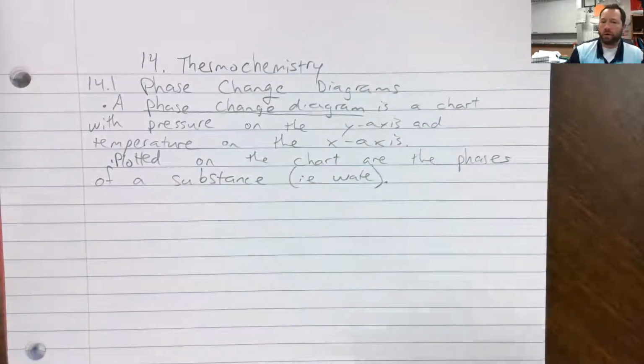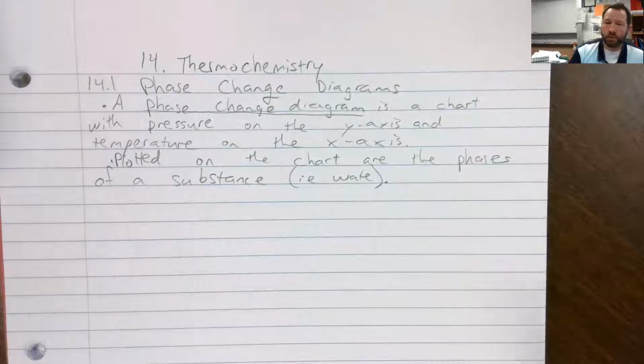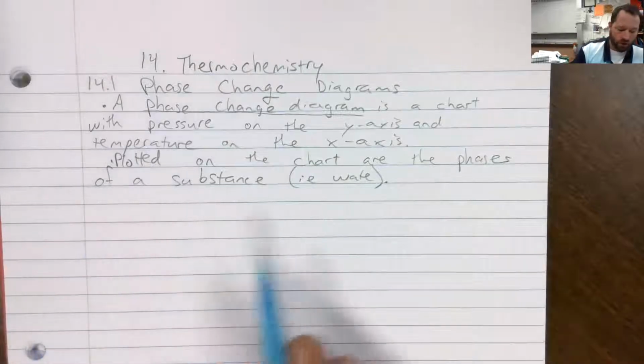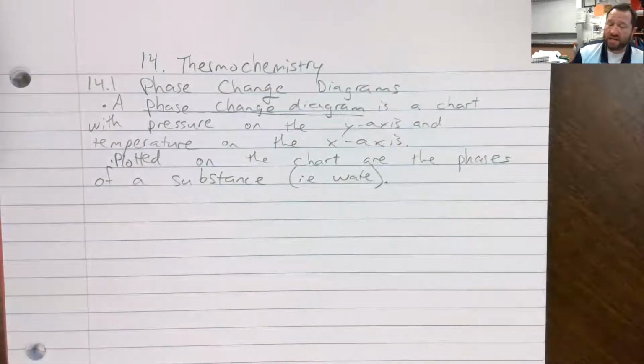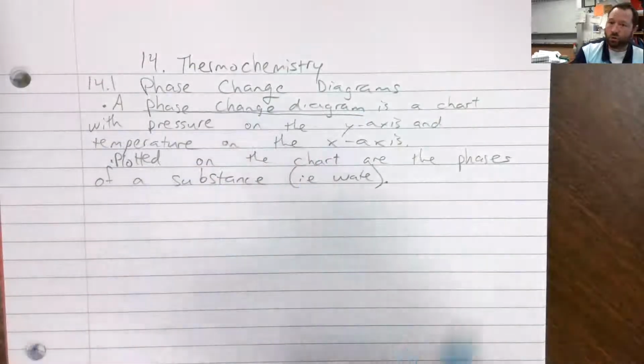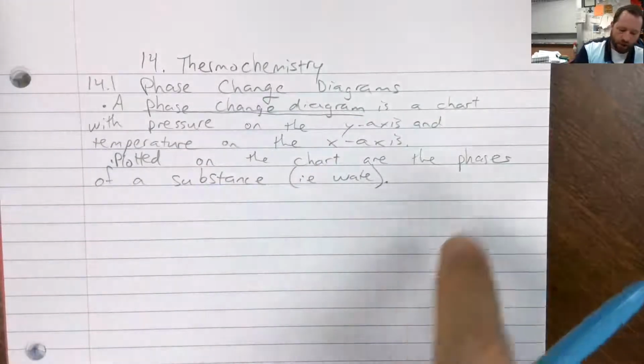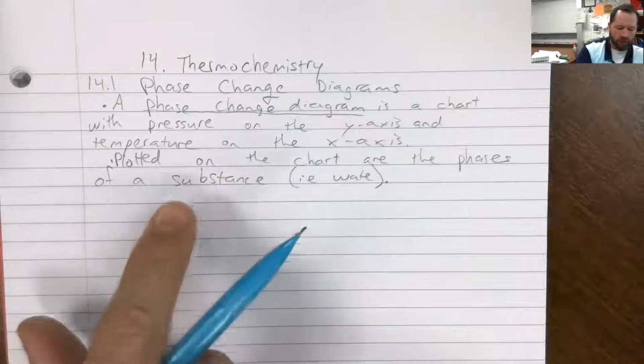What we're charting at these various pressure and temperature points are the phases that a substance has. So phases, hopefully you guys are aware of solid, liquid, and gas. Those are the three phases. So depending on the temperature or the pressure, what state of matter, what phase of matter is the substance you're